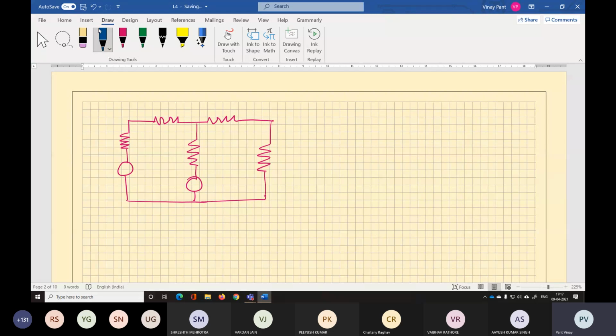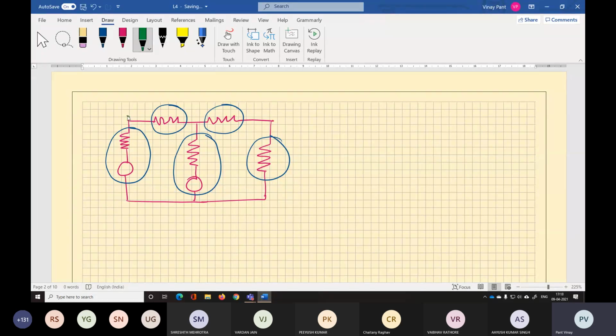How many nodes or junctions of elements will you have now? We'll have a slightly different variation of node here. Node will now be the junction of elements. So this is one element, this is another element, this is the third element, this is the fourth element, and this is the fifth element. So there are 5 elements.